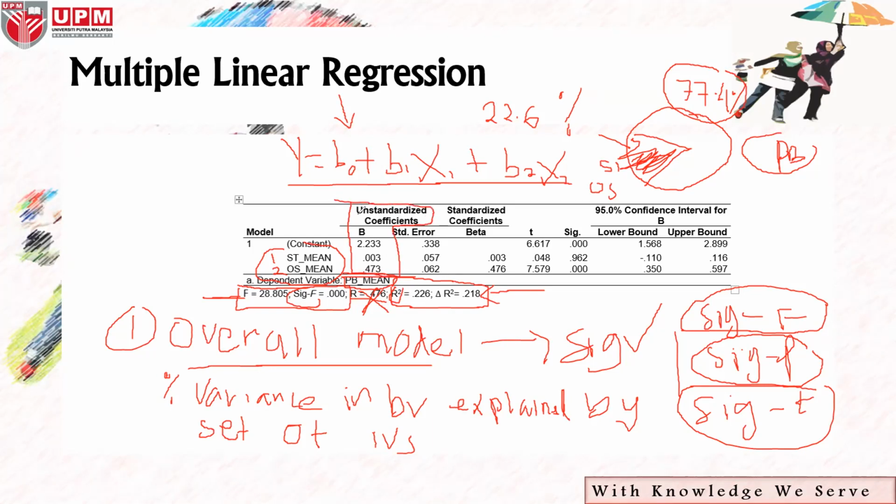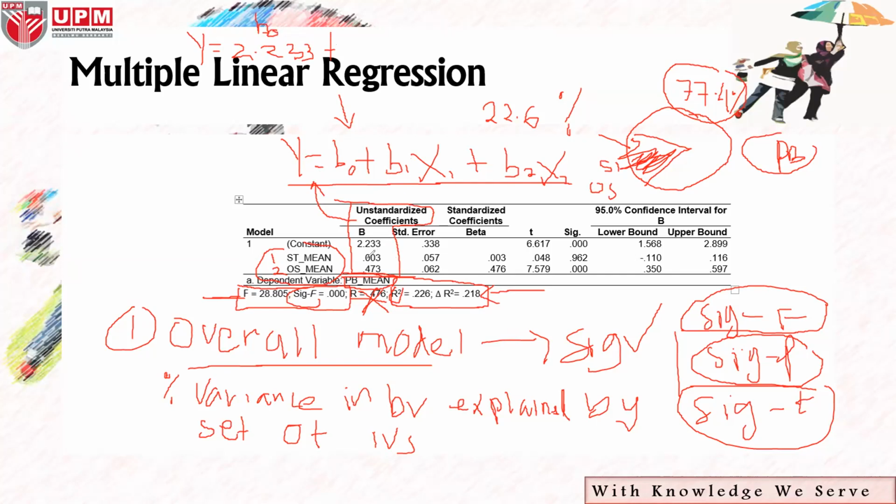The unstandardized coefficient beta we use in our equation. You just plug in the value into this equation. So kalau kita tengok the value here, the equation will be y equals to 2.233, okay, plus, so this one is the B naught, the constant,